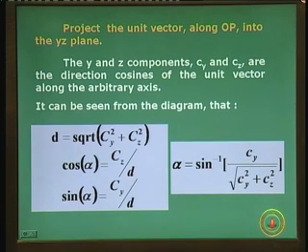You can substitute D and you can get the value of alpha. So now, that means when you rotate the axis OP about the x axis by an amount alpha, the OP would be lying on the xy plane. We will see what it results in. This was the starting figure, if you remember.